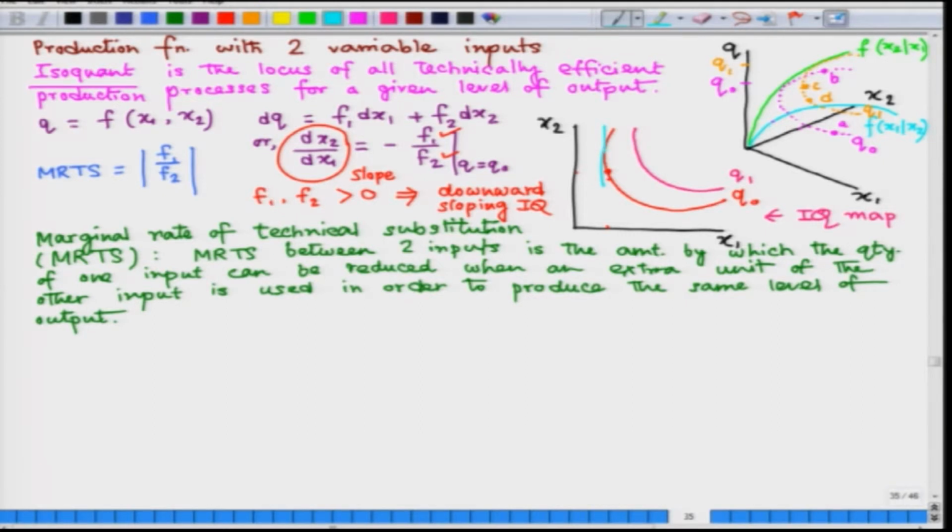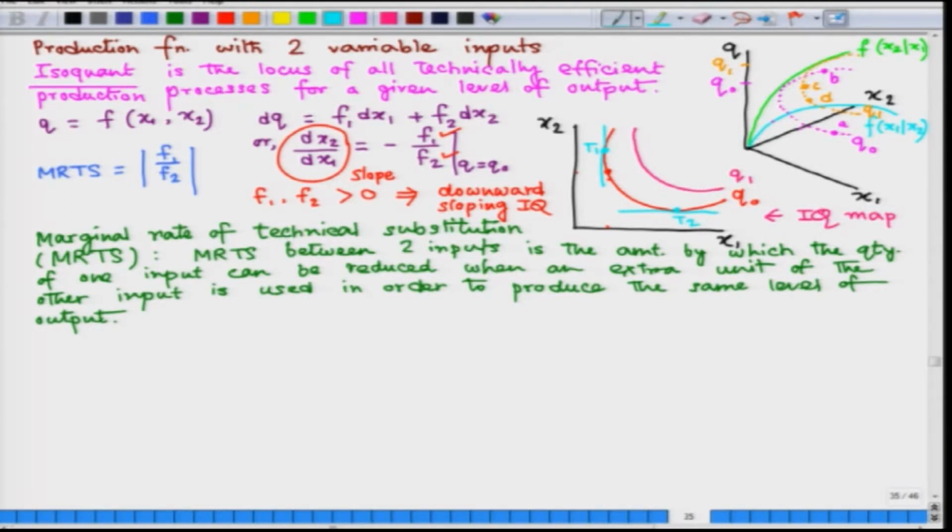Let me name this particular point as T1. Okay. Similarly, I am looking for another point along the same isoquant where I can draw a tangent which will become parallel to the x1 axis, and suppose this is the point, and let me name that T2,